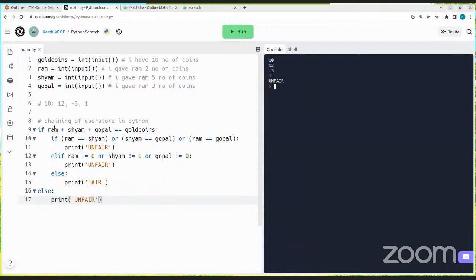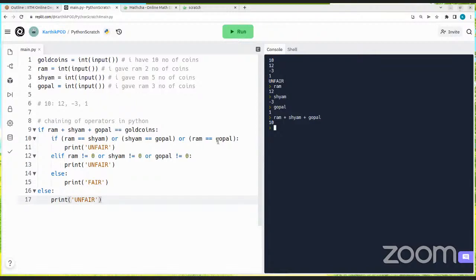See, RAM is 12, Shyam is minus 3, Gopal is 1. So RAM plus Shyam plus Gopal is 10. So this will evaluate true. RAM double equal to Shyam, no. Okay, so